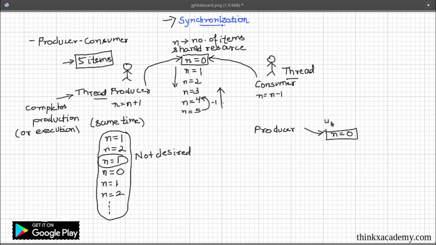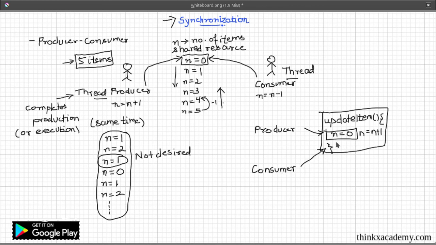and let's suppose the producer is calling a function. Let's say the function name is update items. I'm going to write here update items. So let's suppose the producer is accessing this update items, which actually changes the value of n as n equals to n plus 1 if the producer is calling this function. So what we want to do is we want to stop the consumer to access this function